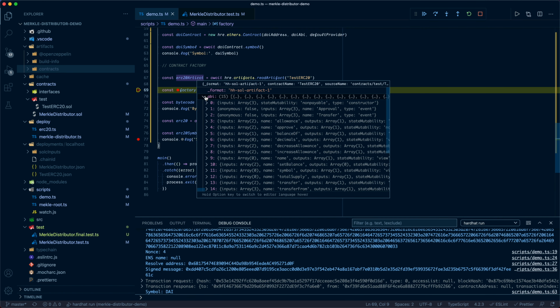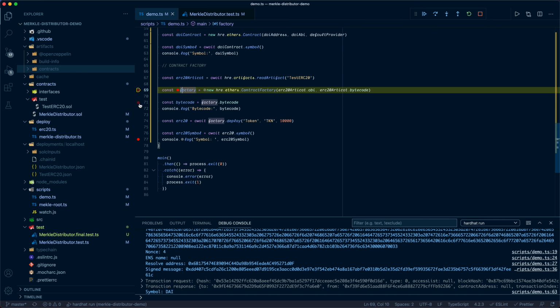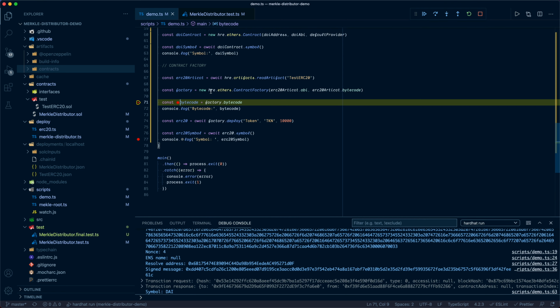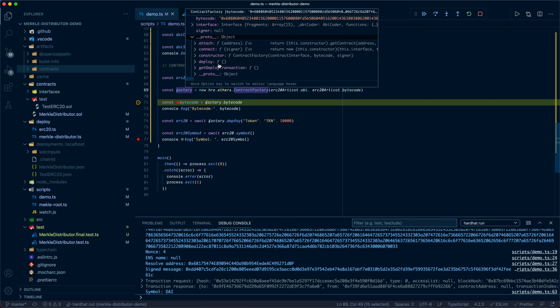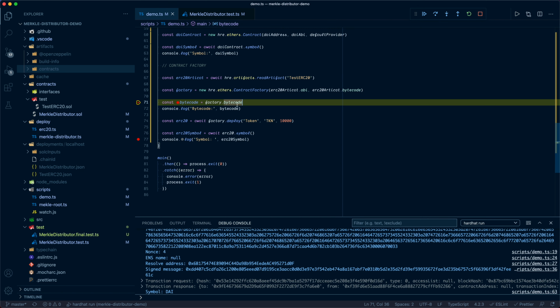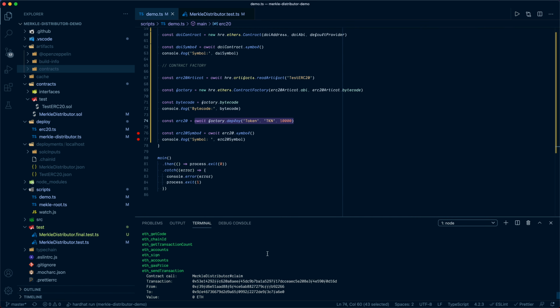And as we can see, we have the ABI, we have the bytecode and more things. And with that, we'll be creating a factory using the ABI and the bytecode. This factory will be created with the ContractFactory method from ethers. And once we have the factory, we can call different methods to, for example, deploy or connect to the factory. But the most important will be to actually deploy the contract. And as we can see, if we stop right here, we'll have a deployment done, and we can check